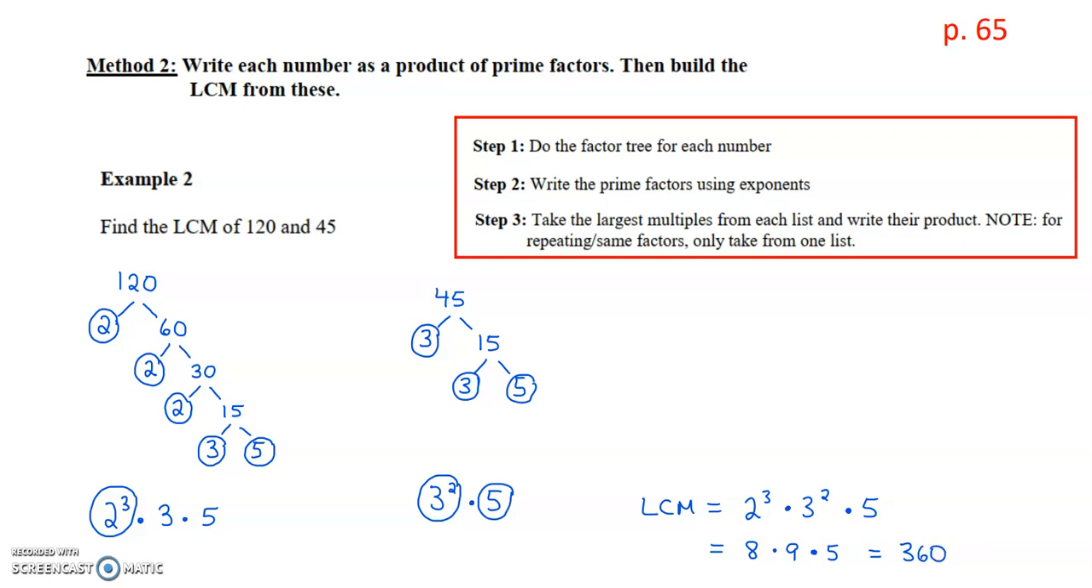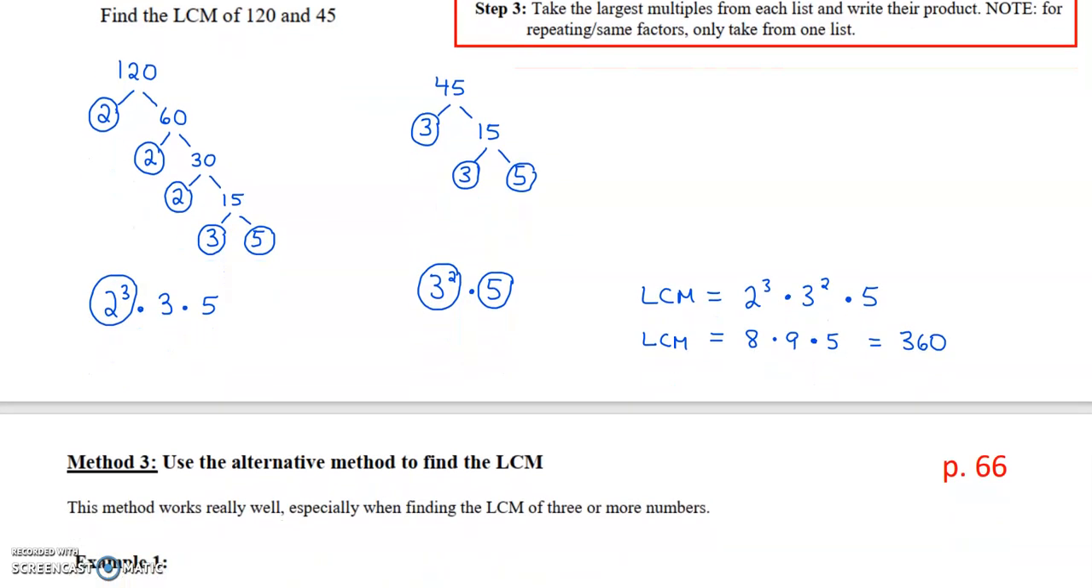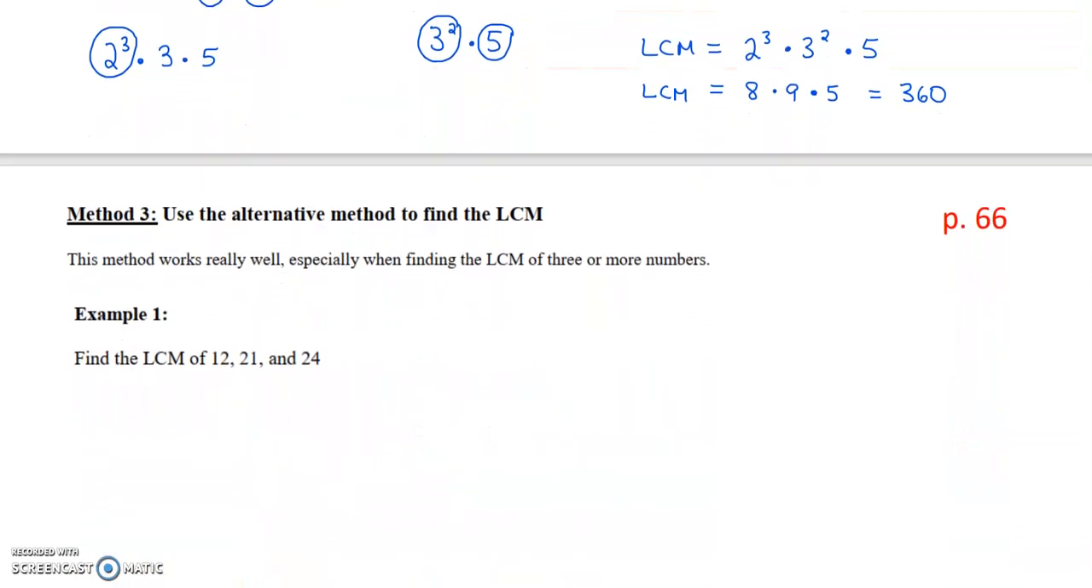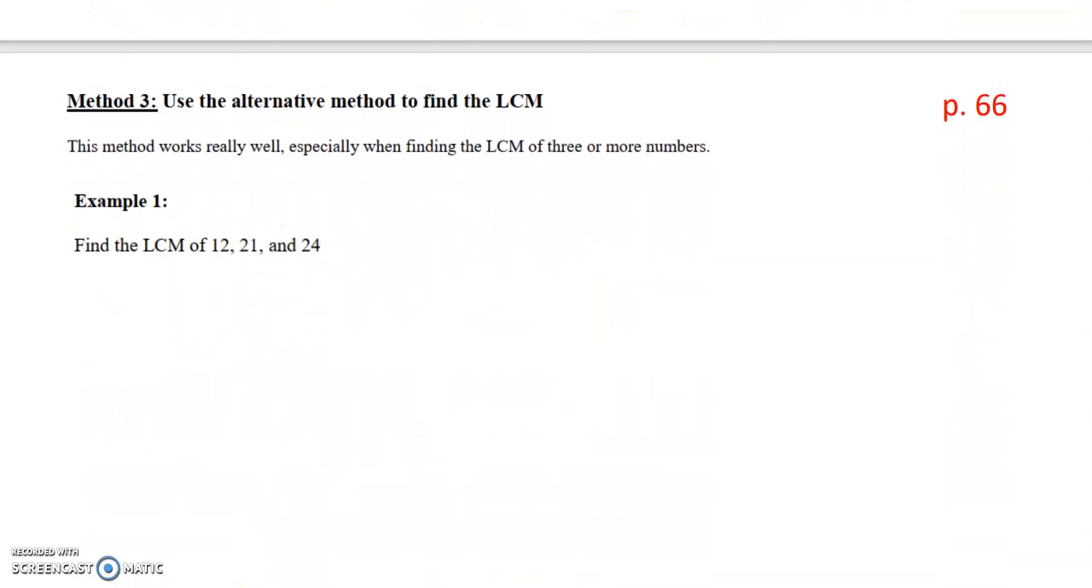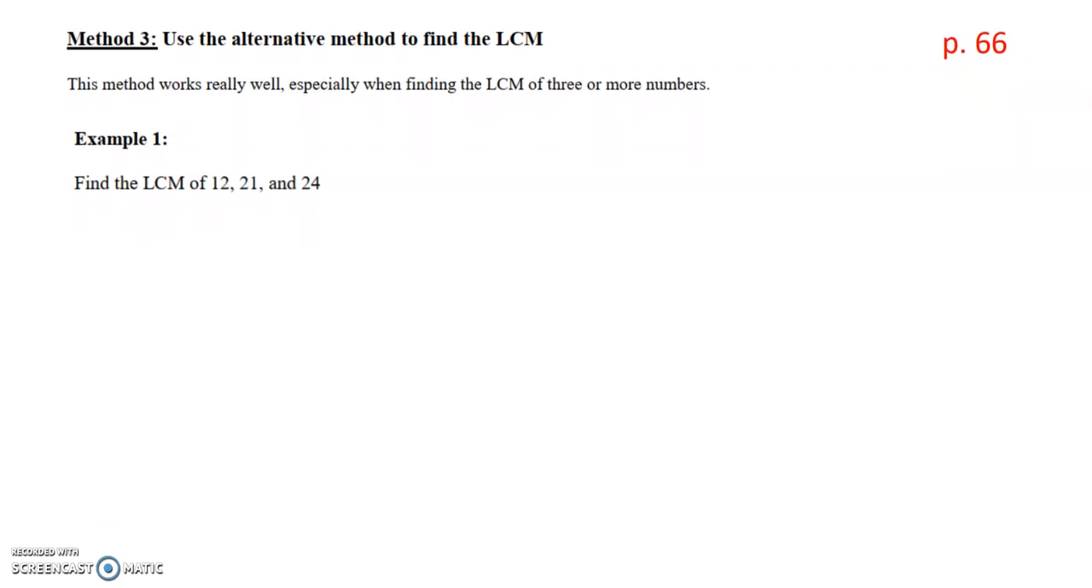So the lowest common multiple of 120 and 45 is 360. It's a lot of work here, but it's pretty cool, and the prime factorization works very, very well with large numbers. So that's method 2. We do have an alternative method, and I've got to say the alternative method is probably my favorite. It works really well,